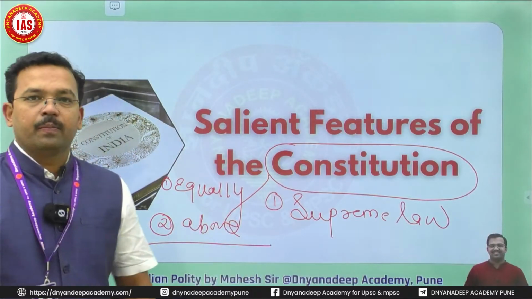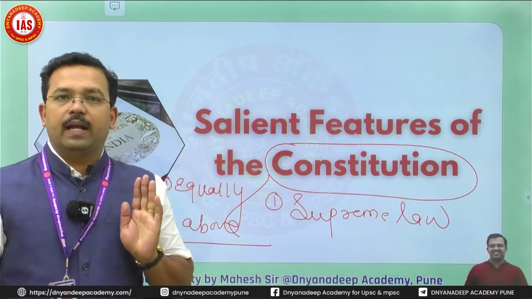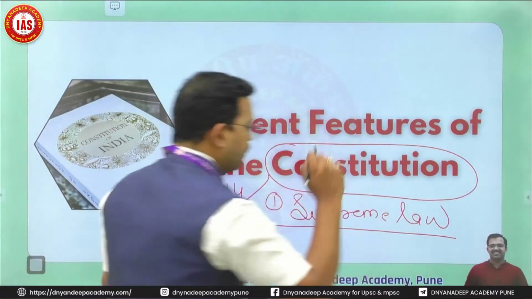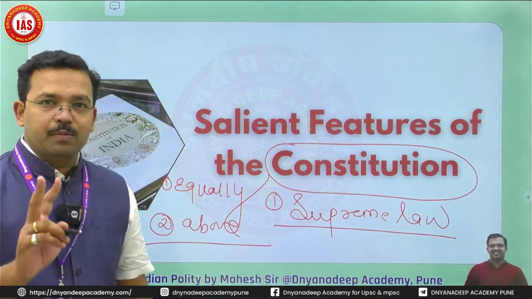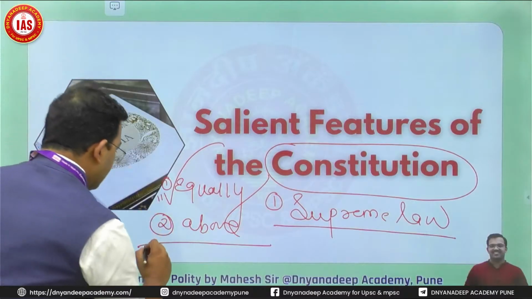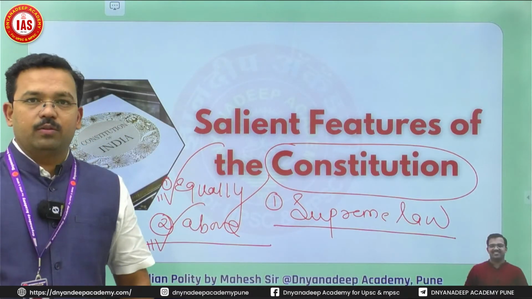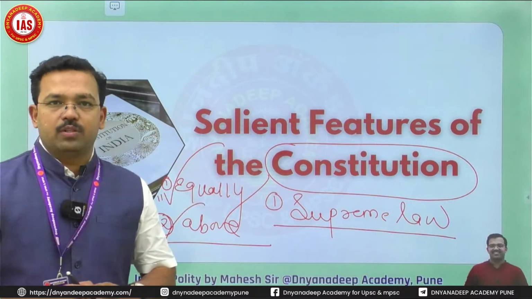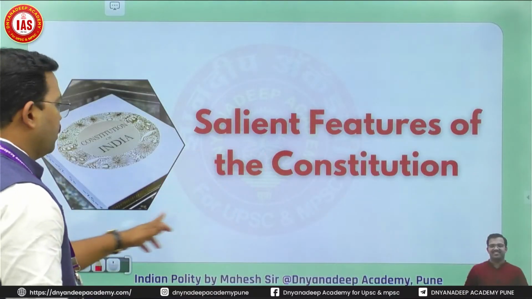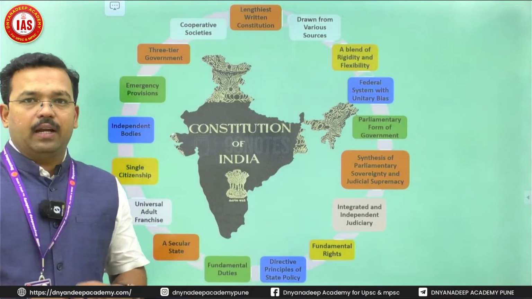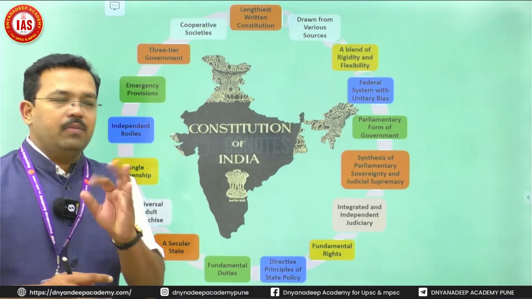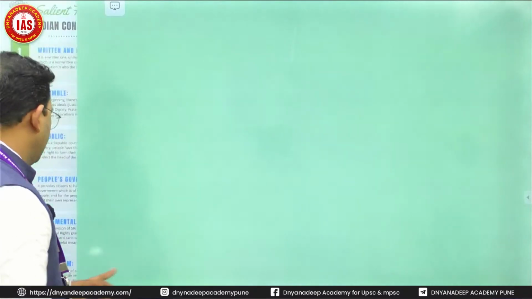Constitution is the fundamental law of the land. Why is it known as the fundamental law of the land? It is the supreme law of the land. Why is it the supreme law of the land? Two most important reasons. First reason, it is equally applicable to everyone. Second reason, no one is above the Constitution. So that's why we have this Constitution. Clear? We are going to study all important features of this Constitution one by one, and we'll try to revise these features in minimum time possible, so that we get a clear understanding of all these things.